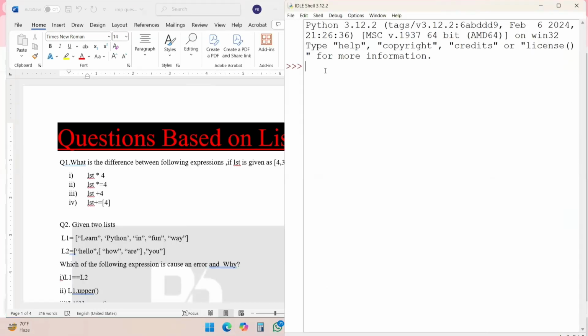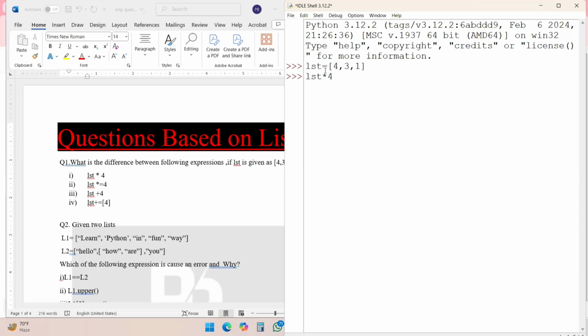So my first question, student. My list is 4, 3, 1. Now, if I am writing list asterisk 4, what is asterisk here?